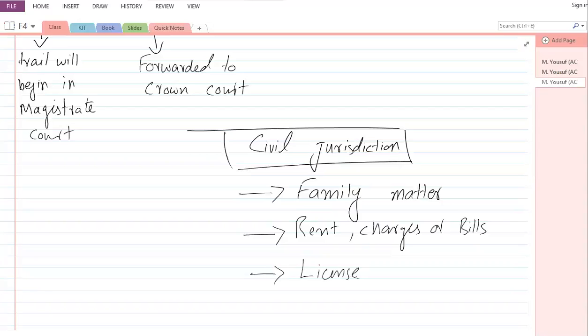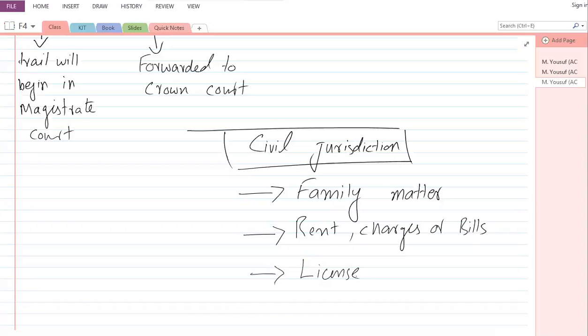If the parent company and subsidiary company, or company A and company B, have a dispute over a license of a product, they can come to magistrate court, file a case, and settle the dispute in magistrate court. So these are the three cases that fall in the jurisdiction of the magistrate court,